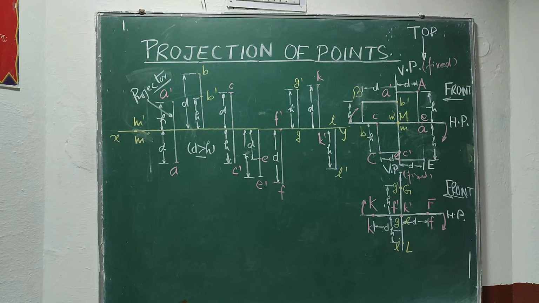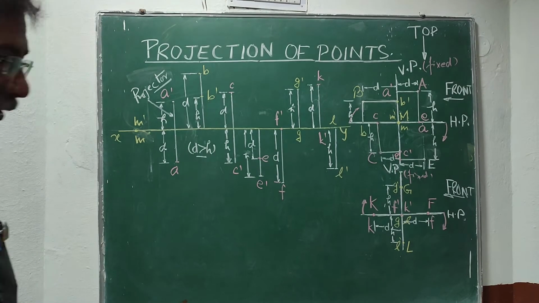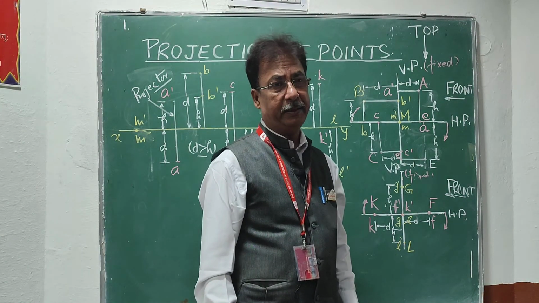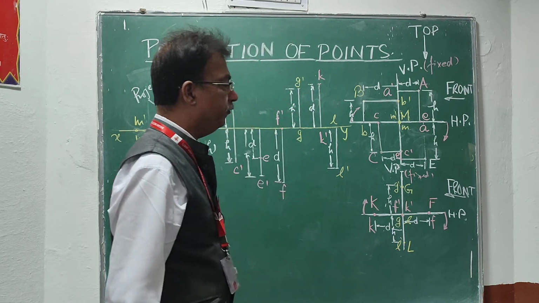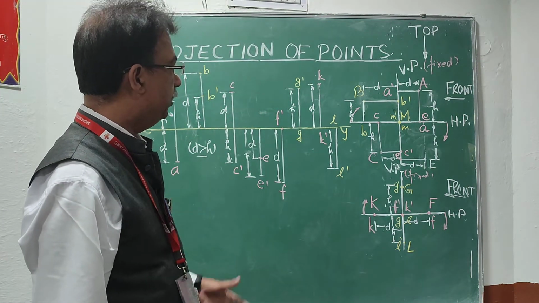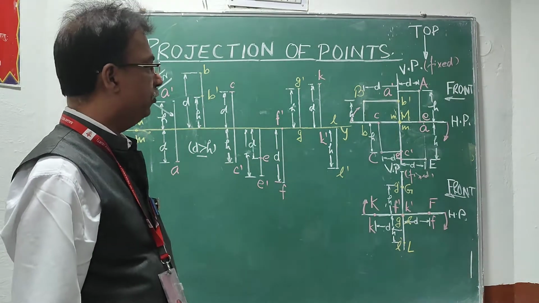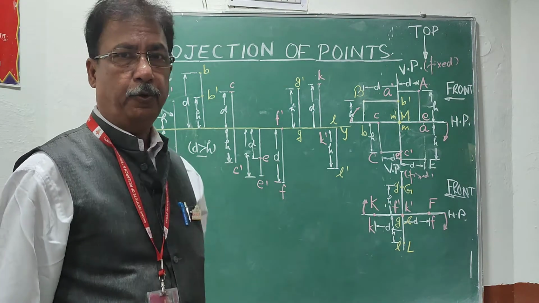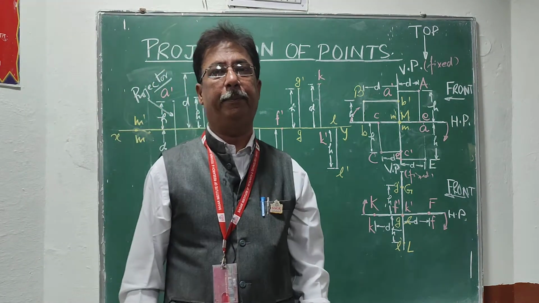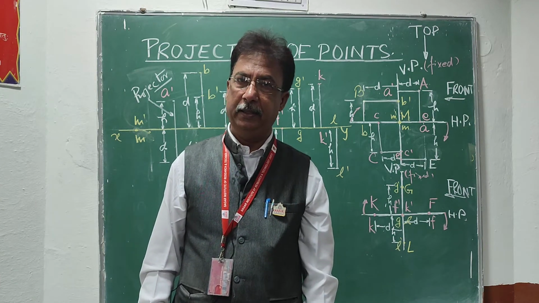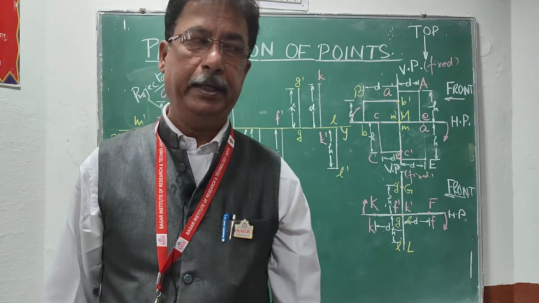As you see in the figure, we have drawn 2 types of figures. One is the space diagram. These are the space diagram, 9 points. Only 9 possible positions in the space are possible, and I have drawn all the 9 positions. So this way you can plot the points and draw the projections. Standard concepts: a point in the space will be denoted by capital letters A, B, C, D. Its front view will be small a dash and small a, small b dash and small b.